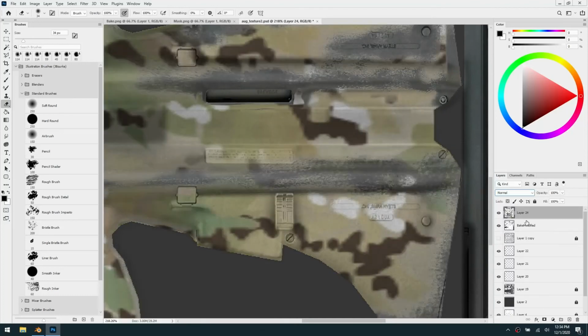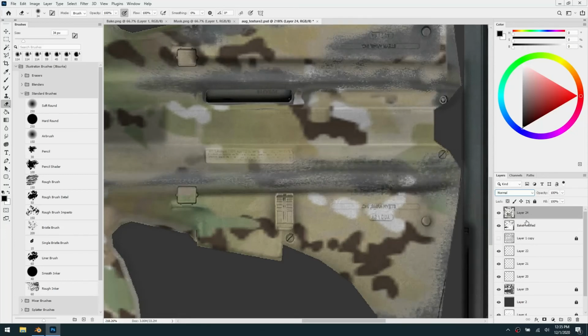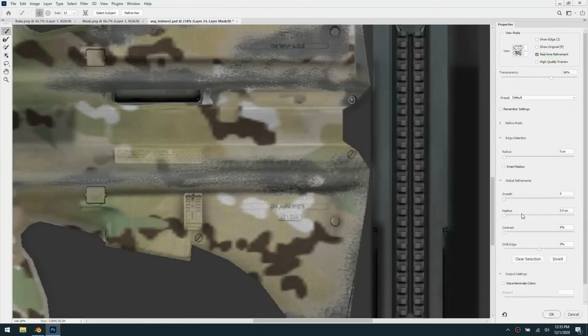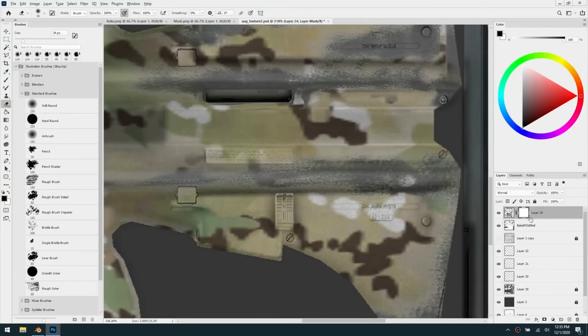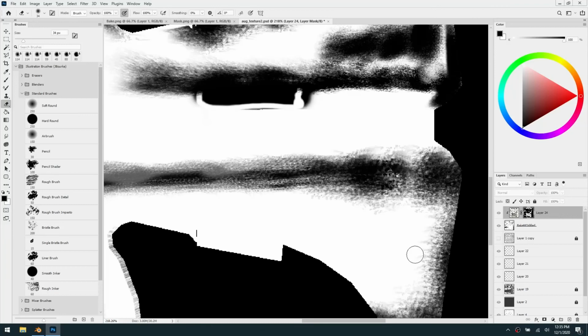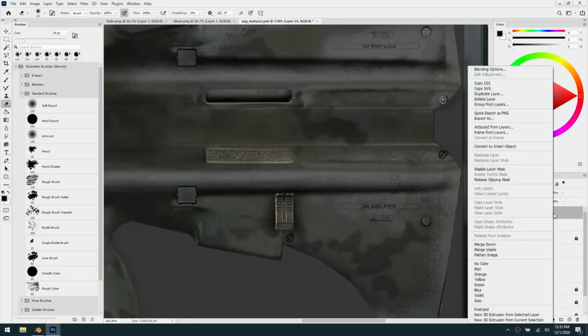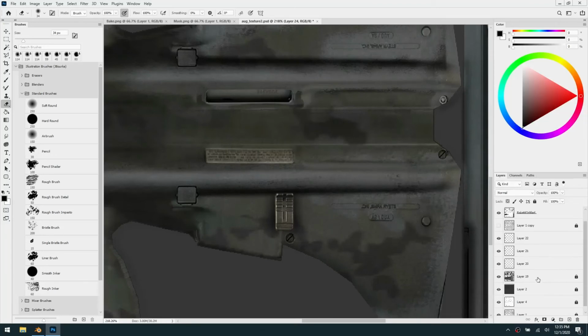Press Control E. What is it? Okay. It does that number. Let's add another mask to it after all that. No, I'm not going to mask mode. Good Lord. I didn't want to do that. Go back. This little guy. There was a little button for it. Where'd it go? I accidentally hit